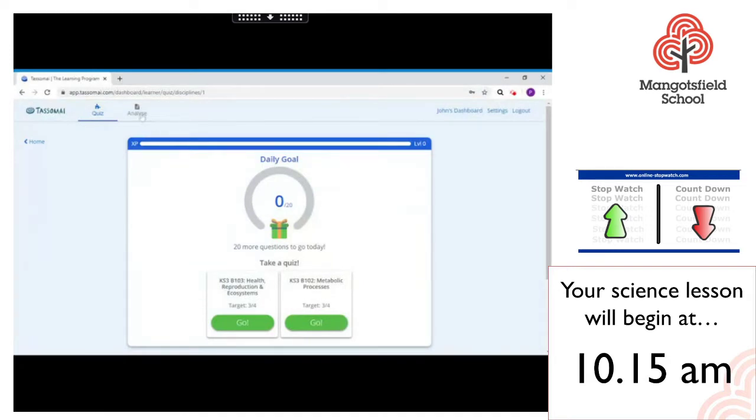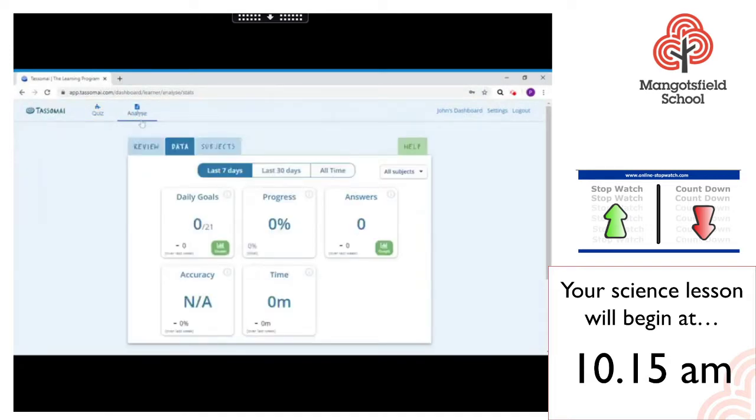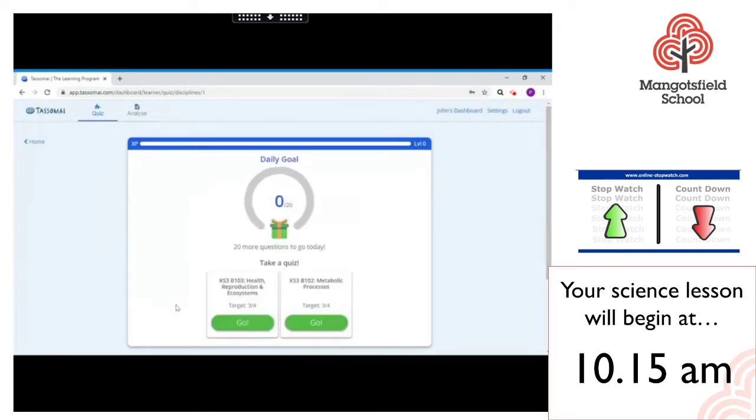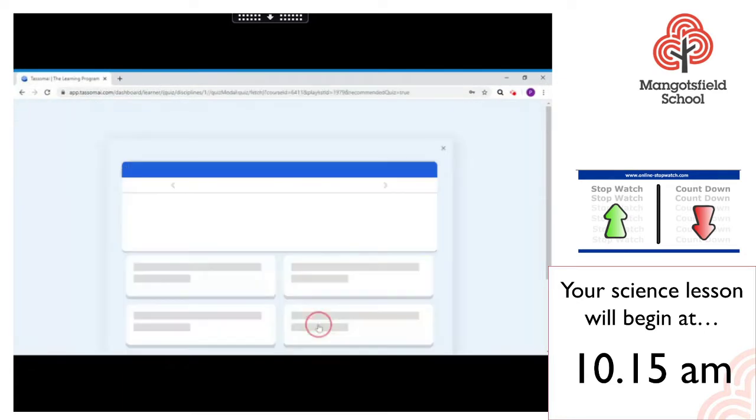Now also you can have a look and see how well you've done by pressing Analyze, and this will bring up lots of data to do with the questions that have been answered over 7 days, 30 days, over all time. And the dashboard, like I said, takes you back to the subjects, but we're just sticking to science in this case. So once you click a science topic to quiz yourself on,